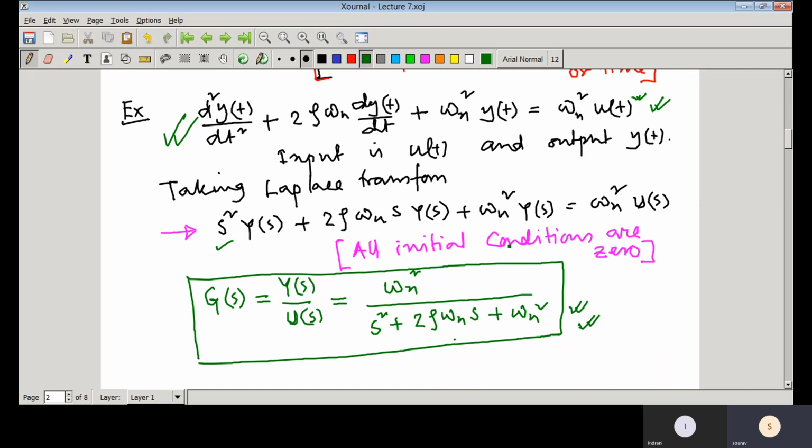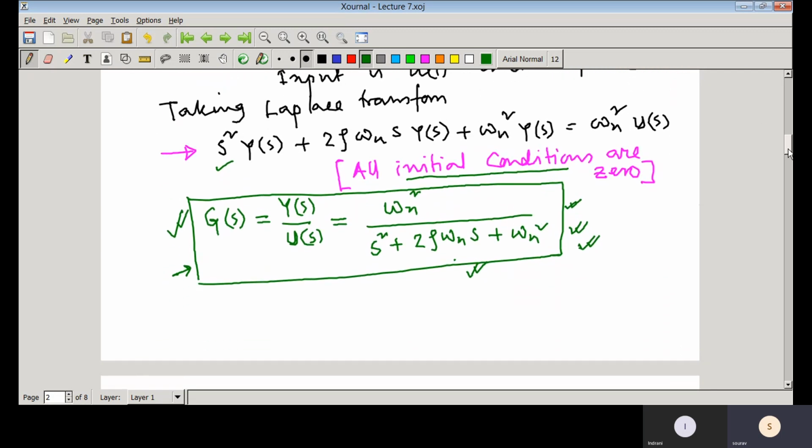So what is the difference between this particular form and this particular form? In the transfer function form, we cannot capture the initial conditions of that system. But in the case of the differential equation, whenever you solve it, you need the information of initial conditions, and in that representation you can capture that information. But in the case of the transfer function, you are losing that information. So this is one simple example of a transfer function.